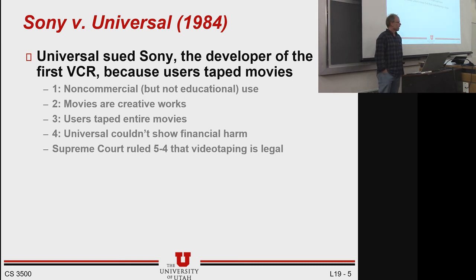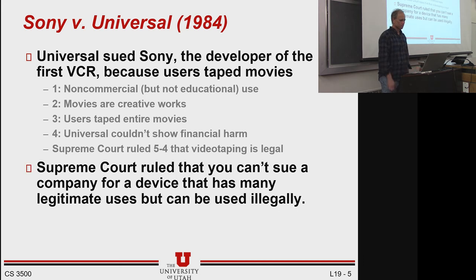But the ironic thing is, Universal here is trying to stomp out VCRs or restrict the use of VCRs. And yet, nowadays, the existence of things like DVD players, Blu-ray players, whatever, is a significant part of their market. They make a movie and it maybe doesn't cover costs at the box office, but when they start selling home versions, that's where they make their money. So they didn't know that at the time, but they were almost working against their own interests.